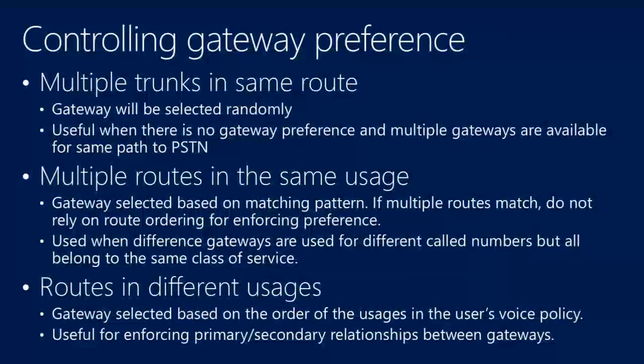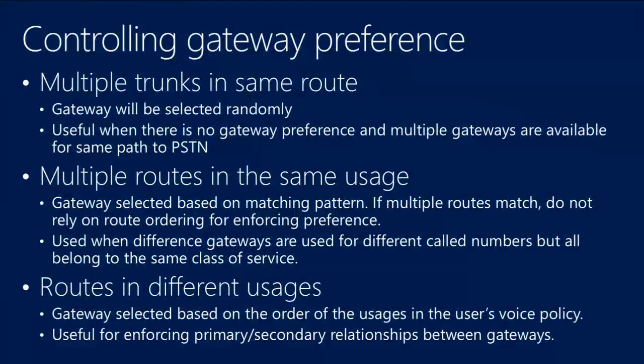Same thing with multiple routes in the same usage, right? If you put multiple routes in the same usage, of course, we first have to make sure that we match the pattern. But if there are multiple routes with multiple matches, we'll just pick one. So again, if you're trying to get very granular and say, well, I want it to go this gateway primary and only ever use this gateway if the primary is down, you have to have those routes in different usages,